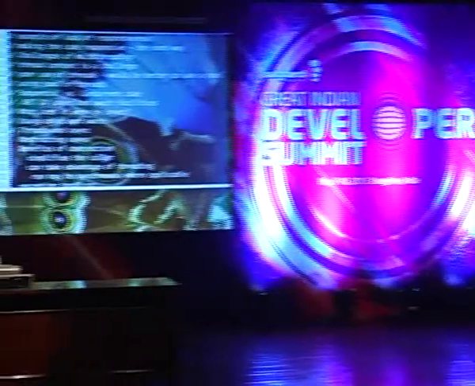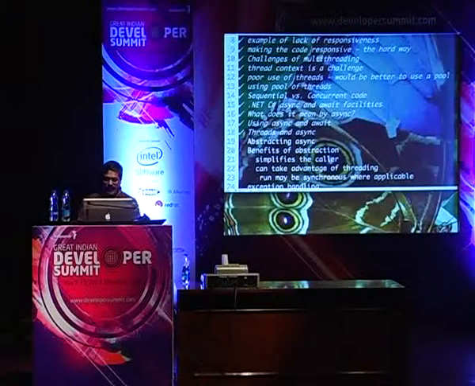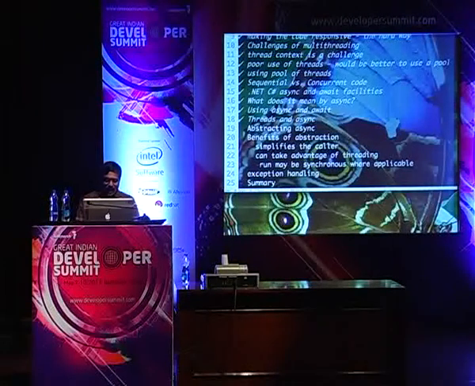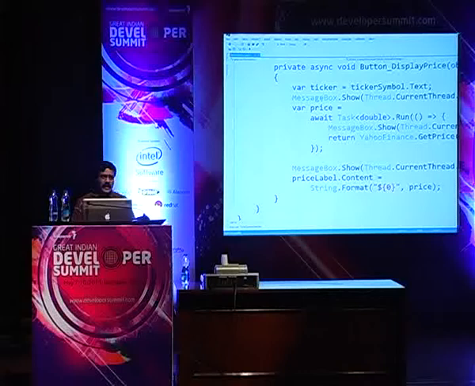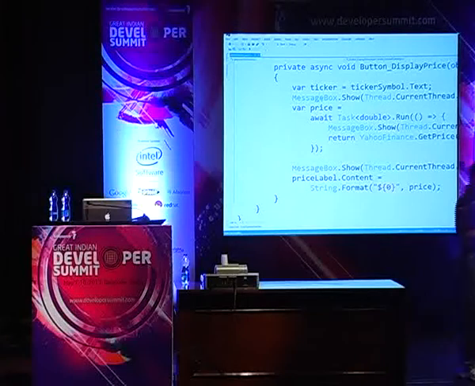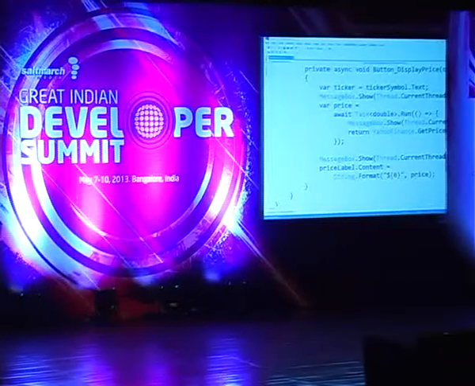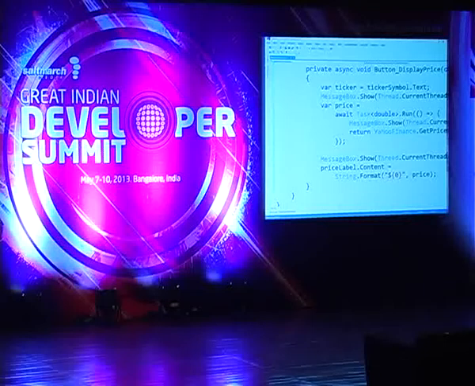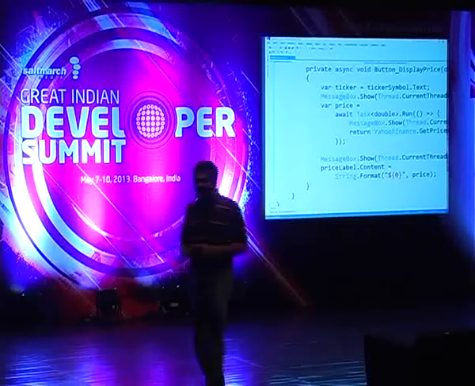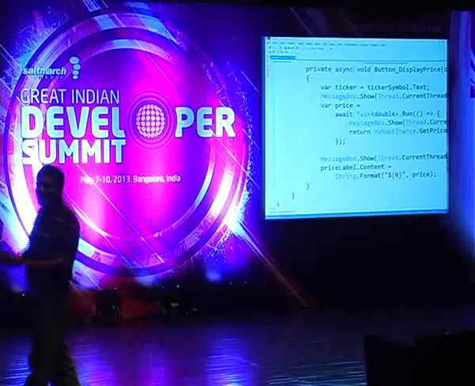So having done this, we are creating a thread and we are calling the asynchronous code right here. That is great. We're able to call that into this other method. Now, if you look at this code, you can see that we solved two problems already, right? The two problems we solved are, we didn't have to separate these two codes into two separate methods. We were able to put them right next to each other. So you could say this code is almost close to the synchronous code we saw before, right? A little different, and it better be a little different because you need to know that it's asynchronous, but it's not drastically different, like you had to write multiple methods.